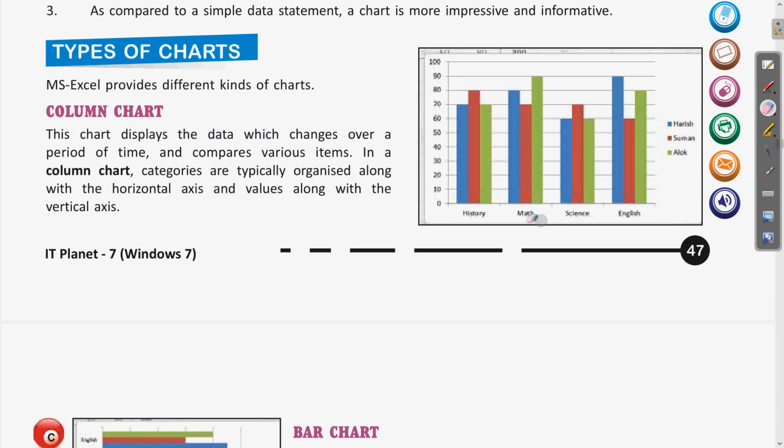For example, the column chart. Here in the column chart, each of the components or objects will be in the form of columns, and the values will be denoted on either of the sides, x-axis and y-axis. You can see here we have the values on the vertical axis, and the different objects or terms are on the horizontal axis. And here the different names, we will see, are called legends. We will see again what are the few terms which are related to this Excel chart.